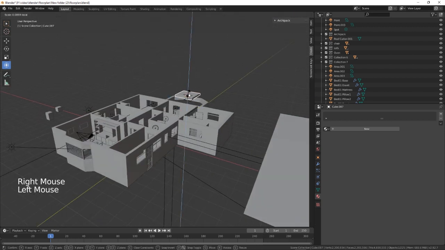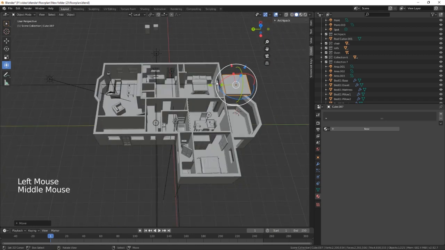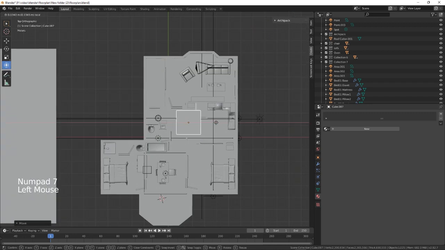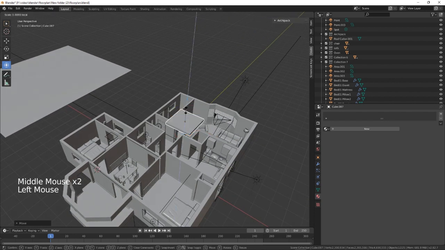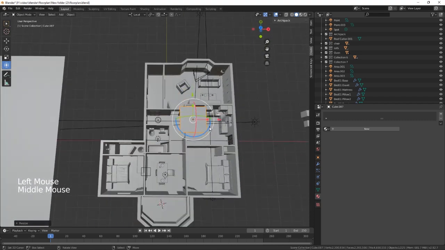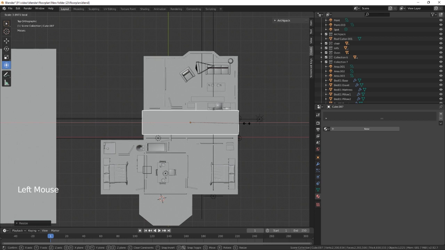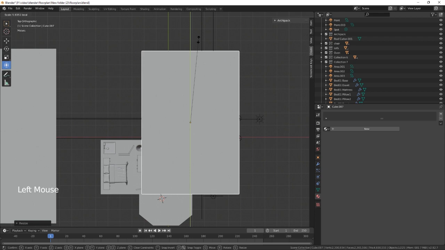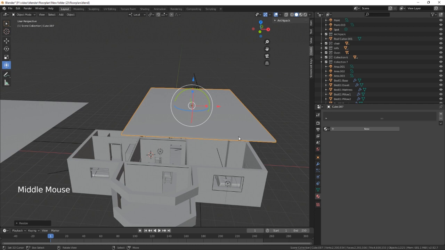Let's just scale that down and move it over a smidge. Let's bring it into kind of the center there. And then what we're going to do, just scale it down a bit more, is scale it outwards and scale it lengthwise as well. So we're going to just tab into edit mode and